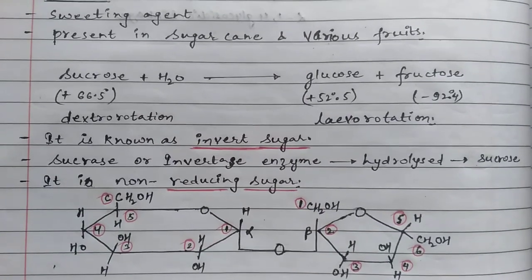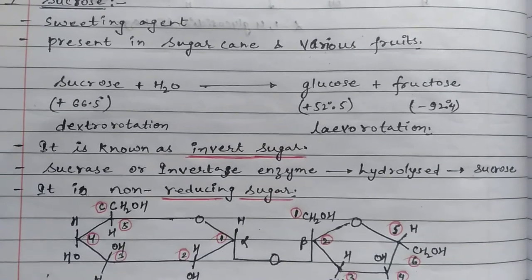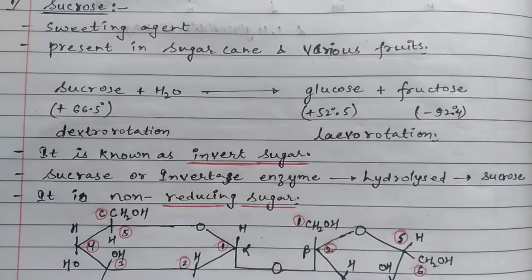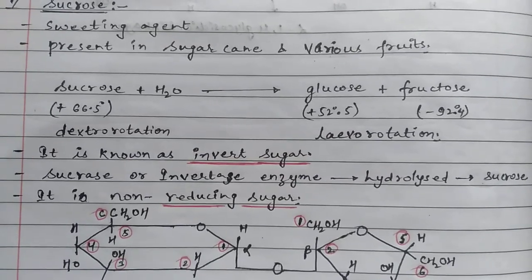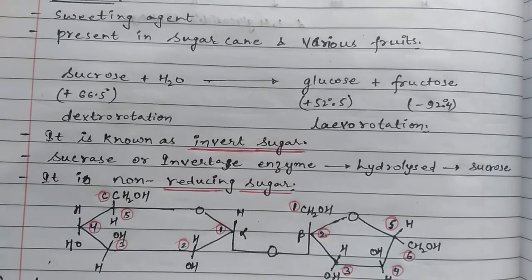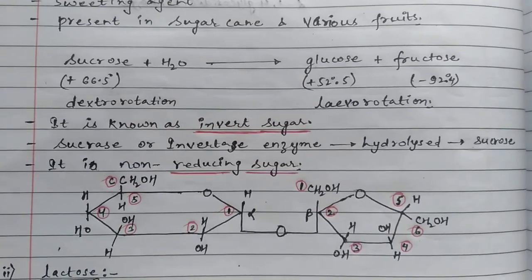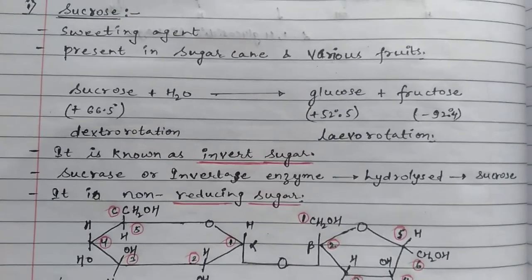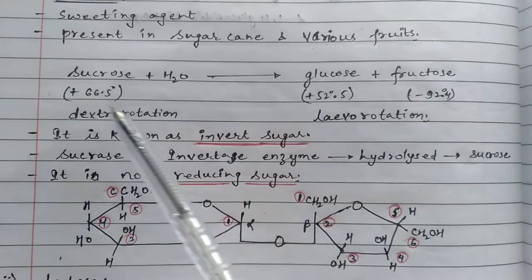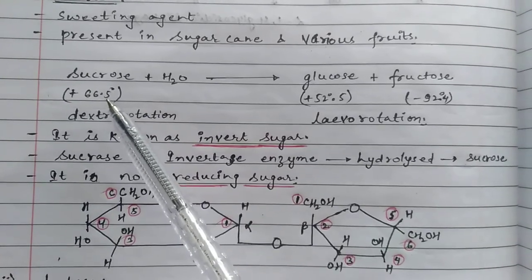If plane polarized light falls on the sucrose, it rotates the plane polarized light 66.5 degrees to the right-hand side. When a compound rotates plane polarized light to the right, that compound is dextrorotatory. Similarly, you can see here that before hydrolysis this sucrose shows dextrorotation, that is 66.5